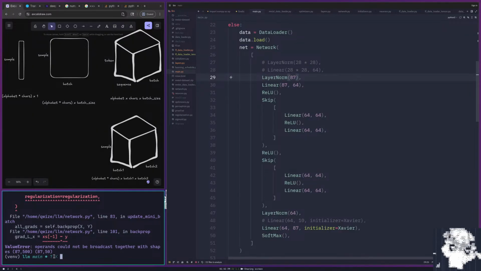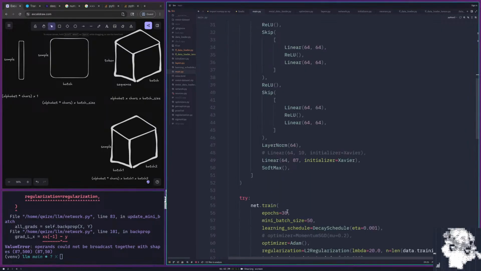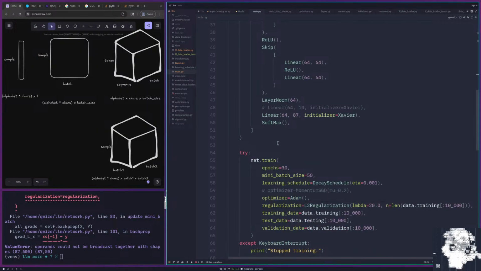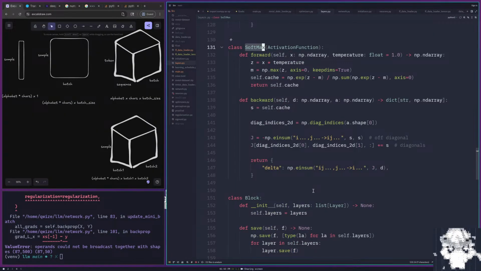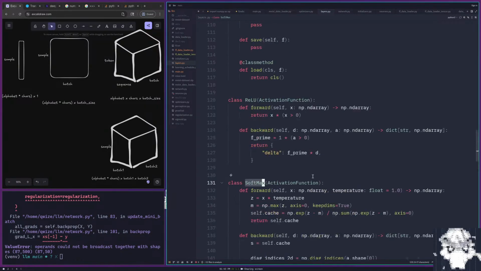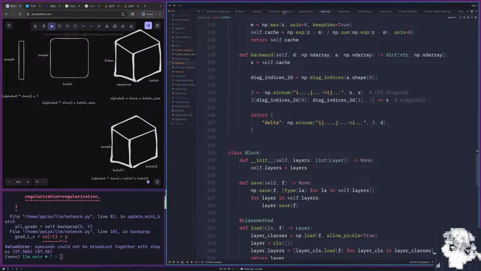The expected output was 87 by 50. Where did 500 come from? Maybe I should go into